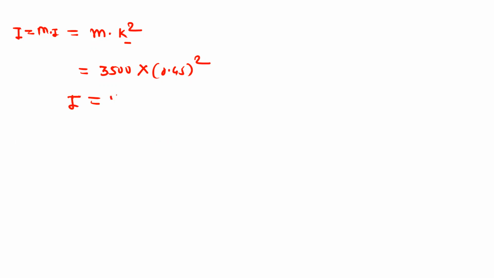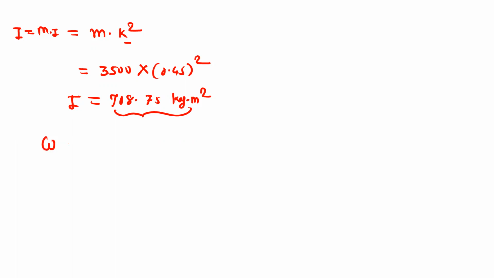Now we will find out the moment of inertia. So this moment of inertia is equal to mass into radius of gyration square. So it is m k square. So mass is given as 3500 kg, and this radius of gyration is given as 0.45 meter. So this value is equal to 708.75 kg meter square. Okay, so this is the mass moment of inertia for the turbine,